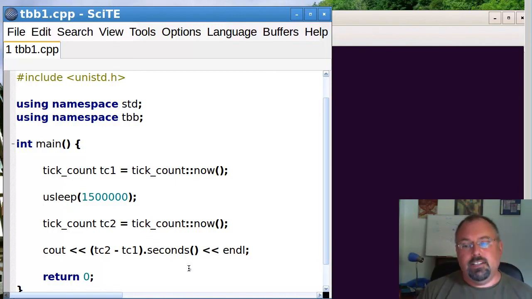And then we printed it out, and that's all it takes. It's pretty easy to do profiling like this in threading building blocks. Of course, for more advanced profiling, you'll want to use, for example, the VTune product from Parallel Studio, but this works pretty well.